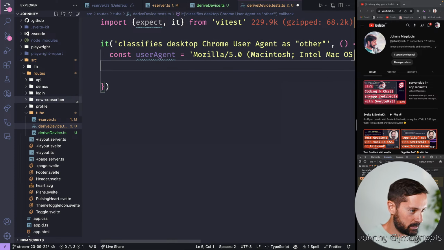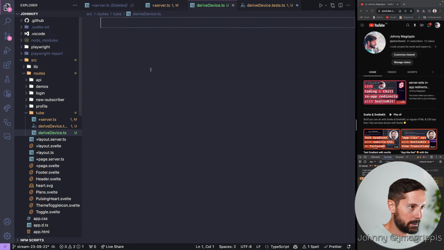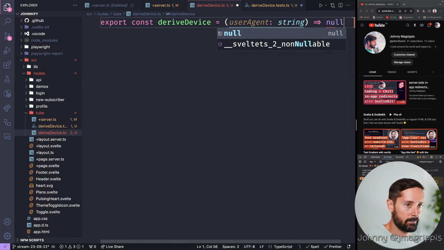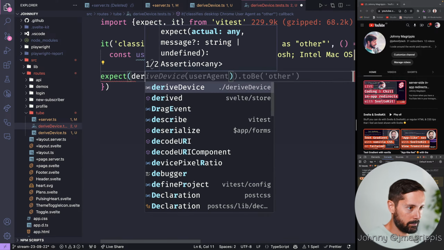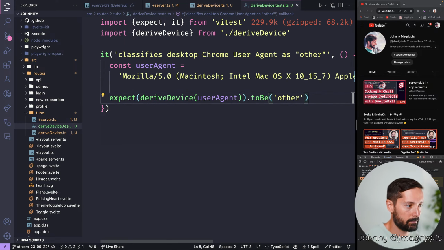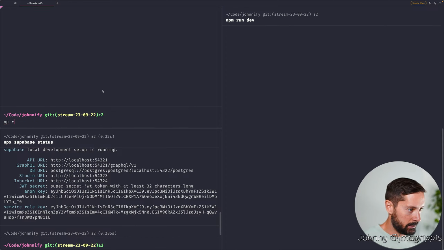So these are just some sanity tests. It's not going to be anything too crazy. But let's export const deriveDevice. And if we run another test here,